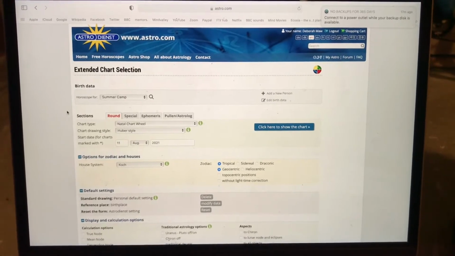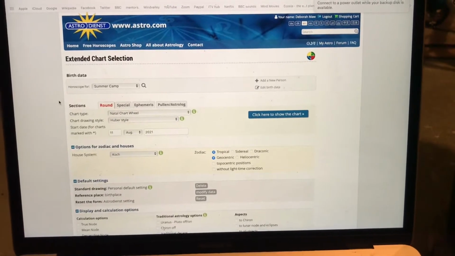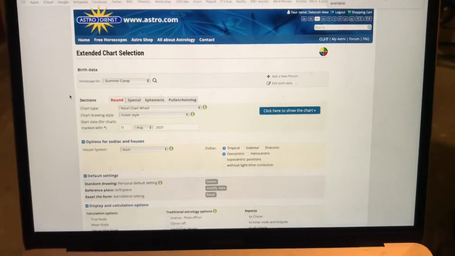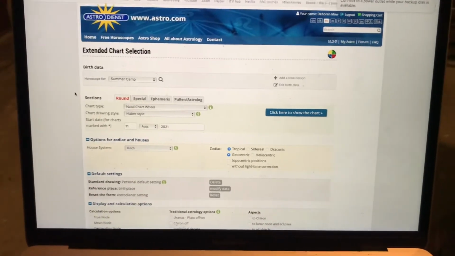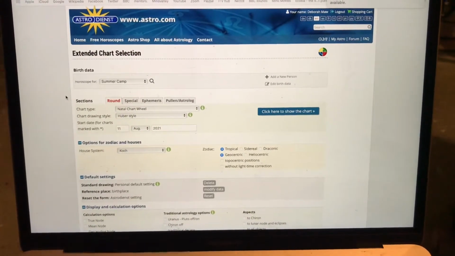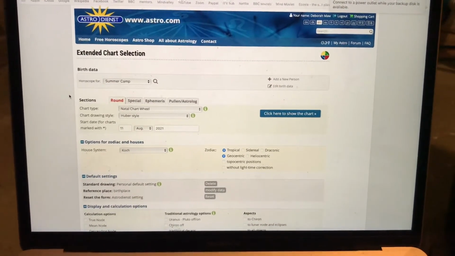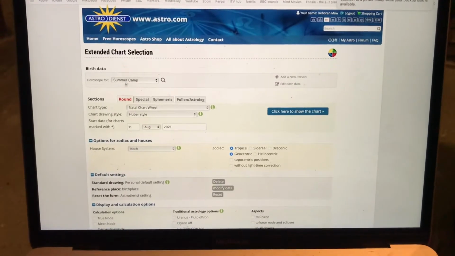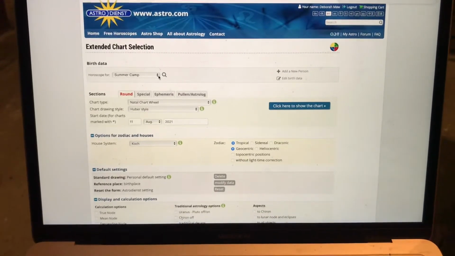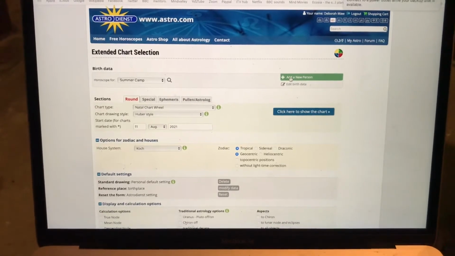And in this part you're actually going to get your own chart up. I use this program, www.astro.com. It's free. If you Google it, you can just register for it. So the first thing you need to do, once you've registered, is you'll get this page here, and you want to come across and click on add a new person,